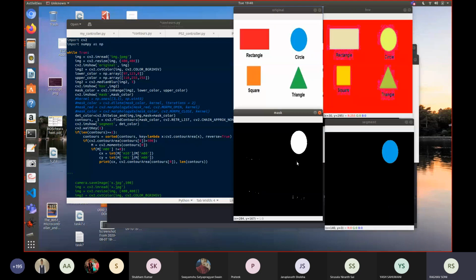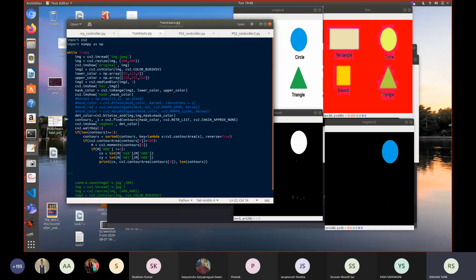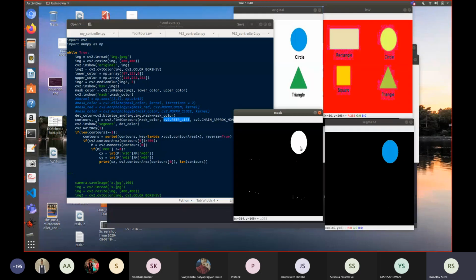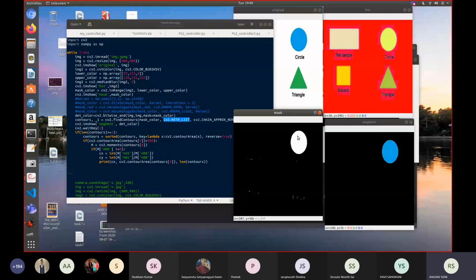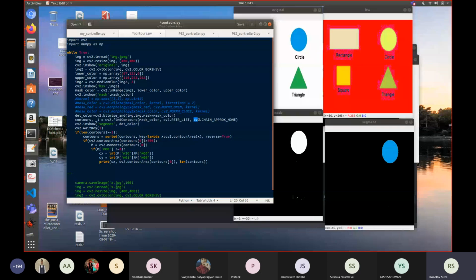Here, this is a function that is pre-built into OpenCV. I'm just doing cv2.findContours. Here I'm passing the mask color, which is just the variable in which this mask was stored. And then I'm specifying the kind of contours I want in return. You can get a lot of information about the contours, like their positions and all the pixels that are connected together. So this is a flag that states that I want an array of all the pixels inside that contour. And this is the kind of approximation you want.